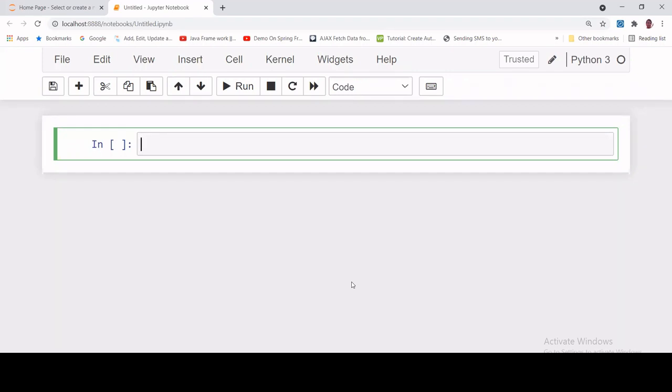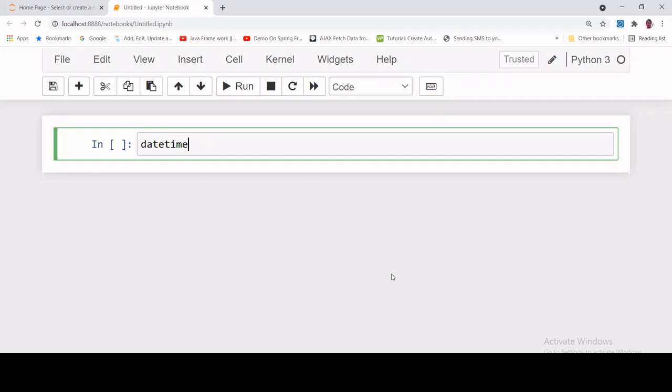Okay, so let's start. First of all, a built-in module. As I already discussed with you, built-in modules are the modules which are already created for you. Python has many built-in modules. I'm just showing you how those built-in modules can be used with examples of 2 or 3 modules. For example, the first built-in module is datetime.